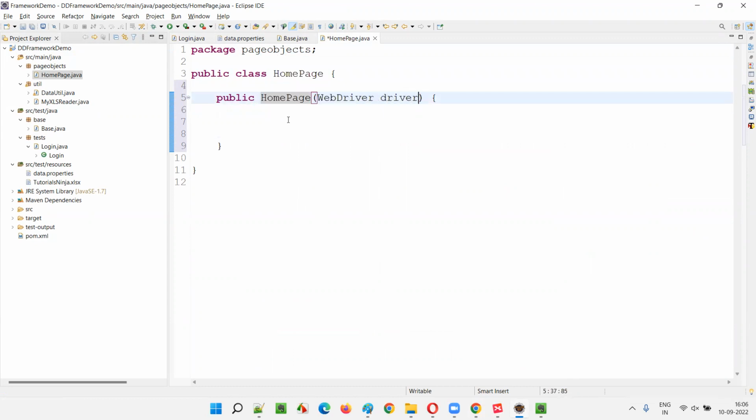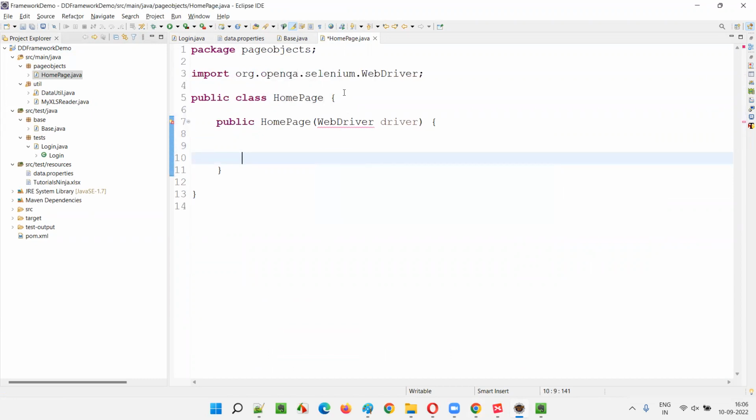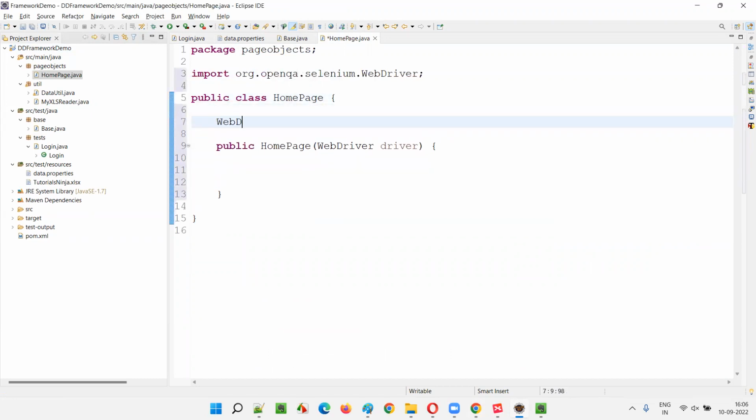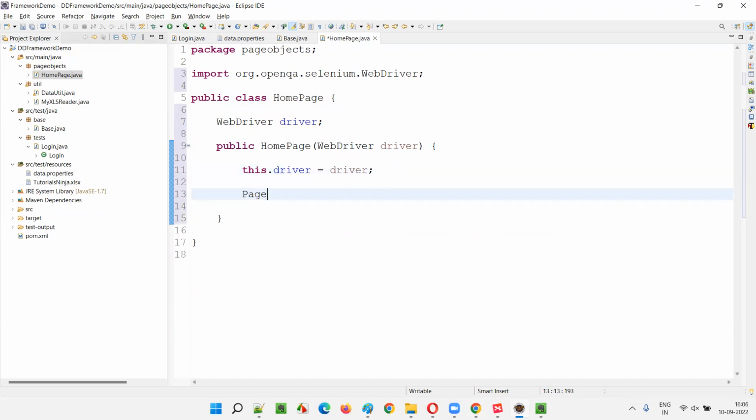So whenever someone is creating an object for the home page, the driver will be passed through the constructor of the home page. Import this WebDriver, and here also at the class level, we'll declare the driver. Now this driver needs to be assigned to this driver. How to assign? this.driver is equal to driver, we'll say. Then PageFactory